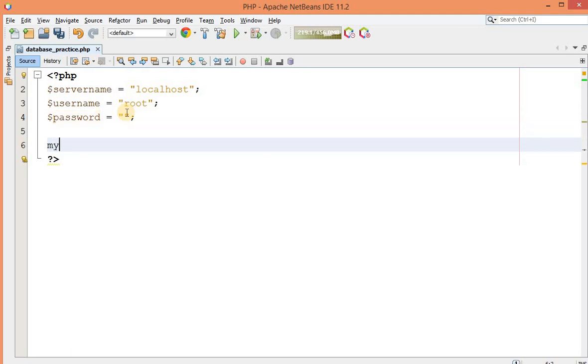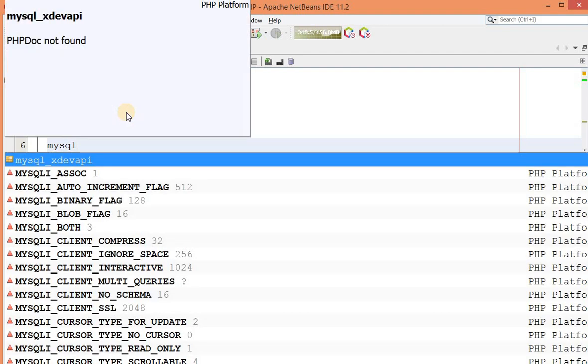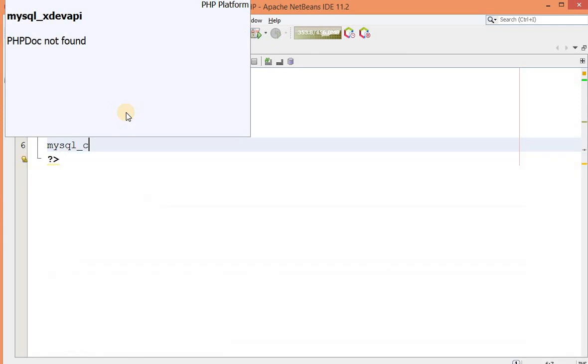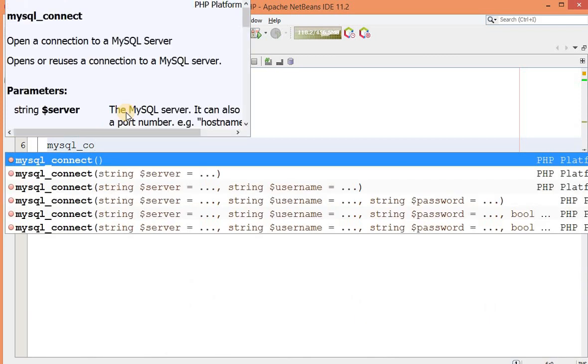Now once you have defined these three variables, you just need to call one simple function. And what is the name of this function? mysql_connect. Over here you can see that there are two versions to connect your application to the database. The two versions differ on whether it is MySQL or MySQLi.